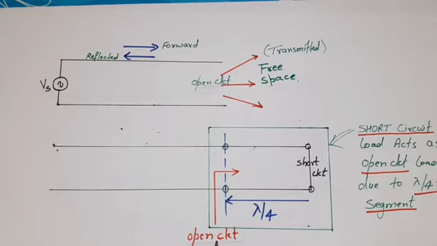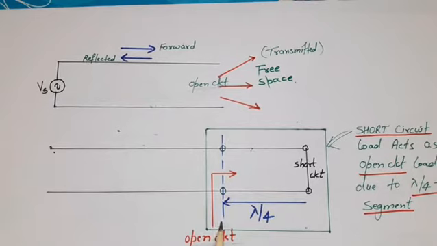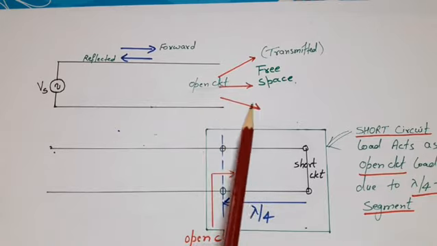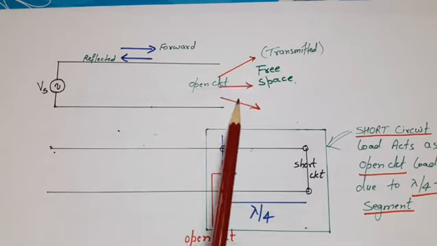Now we will consider this location as the load end, and on seeing the load from here, the visible load is infinite, meaning open circuit. So we observe that in actual practice we put a short circuit load, but if we provide a lambda by 4 segment also, then this complete structure acts as an open circuit load. So if we need an open circuit load, then instead of keeping the line open, we put this structure as the open circuit load, and then we can avoid the radiation or energy which was transmitting in free space due to the open line.